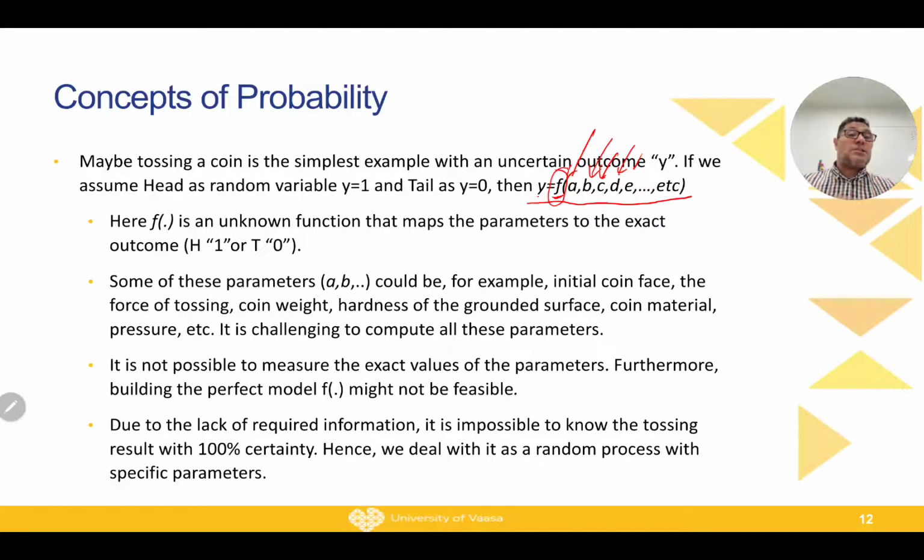So if you can have all information about the process, and more importantly you were able to build the function, so you know the function and you have all the parameters, then this process is not random anymore. It is not random because now I can tell you with a probability, for example, 99.9%, that you will get head or tail. Because I have the function, I have all parameters, I measured everything.